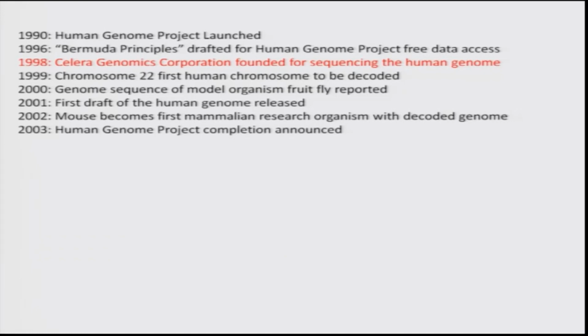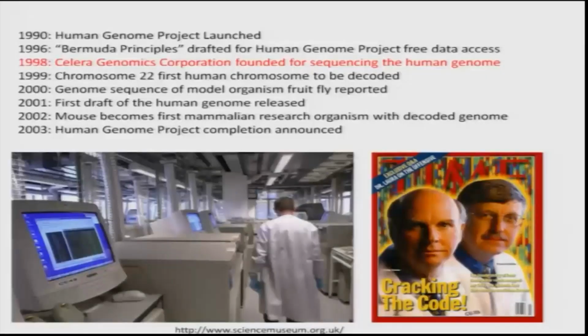When this was announced, it was not only the Human Genome Project consortium, but even Celera Genomics, which, within a span of 4 or 5 years, completed the human genome sequence as well, while the other consortium took several years to complete. So these are some of the famous